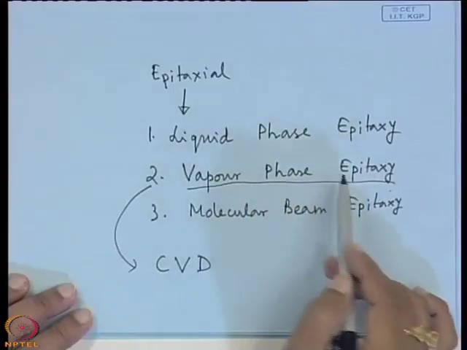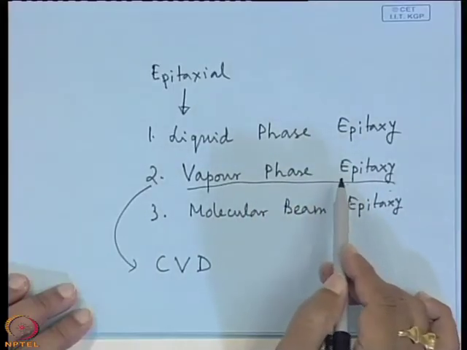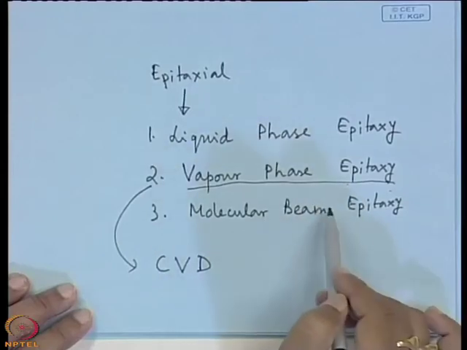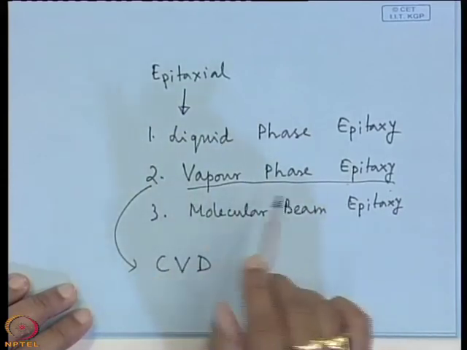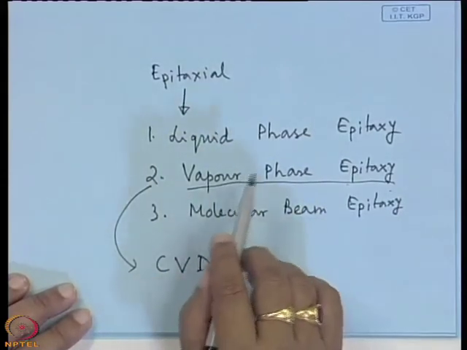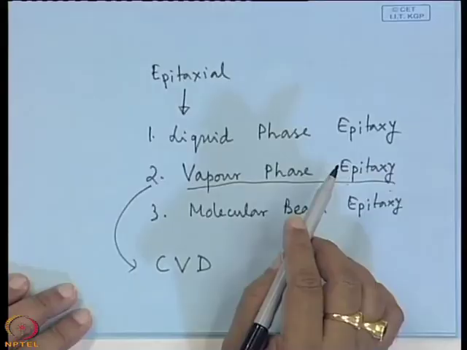What are the epitaxial growth techniques, how the material can be grown, how the machine looks, what are the advantages and disadvantages of different kinds of epitaxial growth techniques, what are the advantages of LPE, liquid phase epitaxy, over VPE, okay? What are the disadvantages of MBE over VPE, or advantages of MBE over VPE, those things we shall take care of in our next round of discussion.